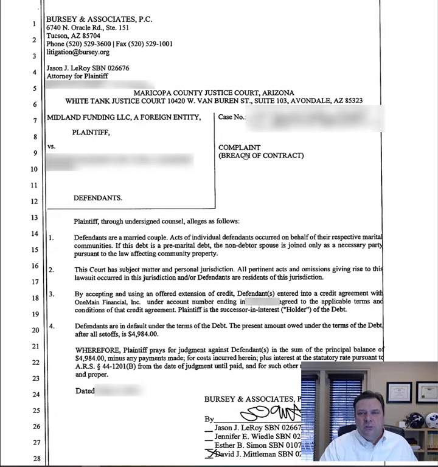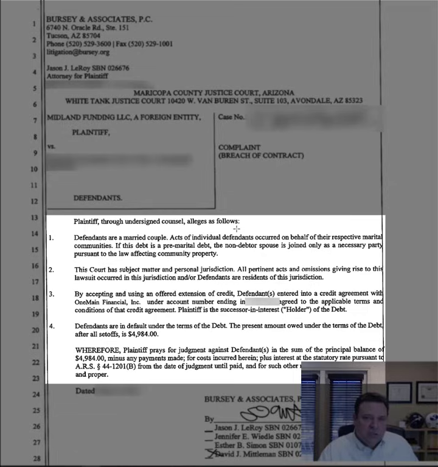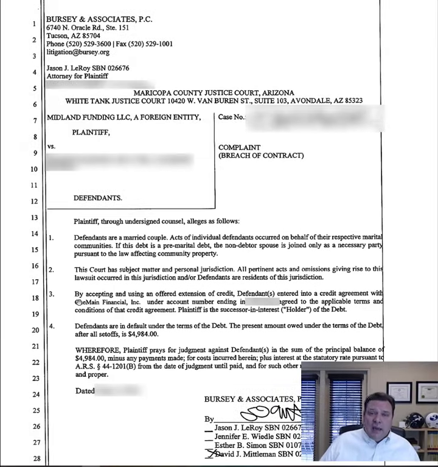The next thing you need to do, step 2, is that you need to respond to the specific allegations in the complaint. So this is a very simple complaint. It only has 4 numbered paragraphs. And so if I'm responding to this, I'm going to look at each of these numbered paragraphs, and I'm going to look at the allegations that are contained within them, and I'm going to state whether I admit or deny the allegations in the complaint.